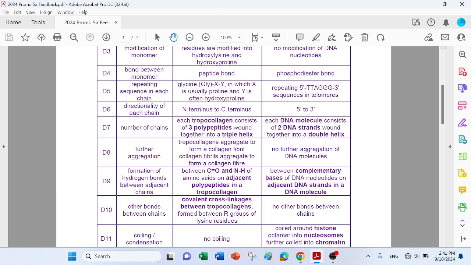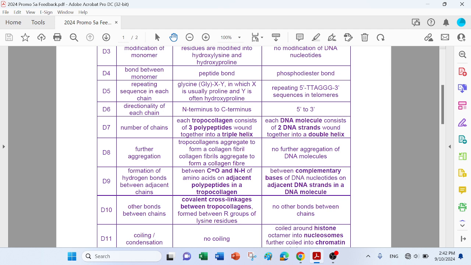For the number of chains, here we are talking about individual chains coiling together. So it is really a comparison between just tropocollagen rather than the entire collagen. It's just tropocollagen, which involves the coiling of individual chains. That would be a more fair comparison versus the DNA molecule, again formed by the coiling of individual chains, so more fair in terms of a feature of comparison. So it's just tropocollagen versus DNA molecule, therefore 3 polypeptides forming a triple helix versus 2 DNA strands forming a